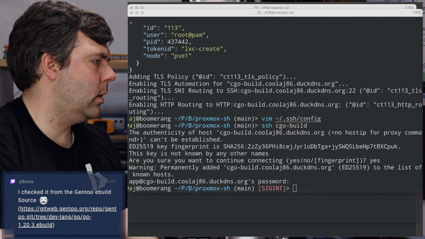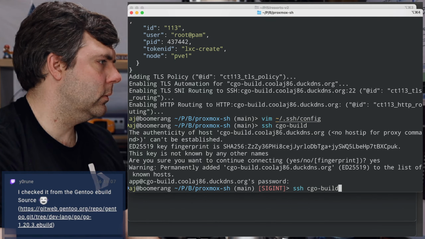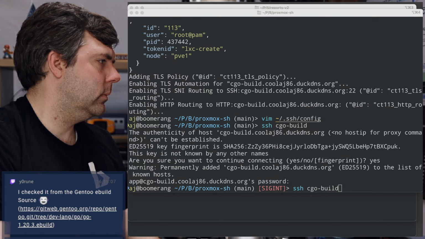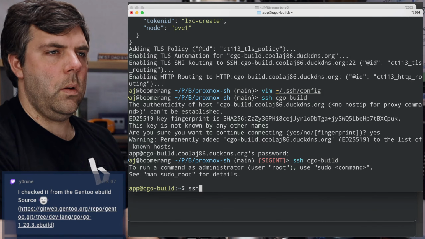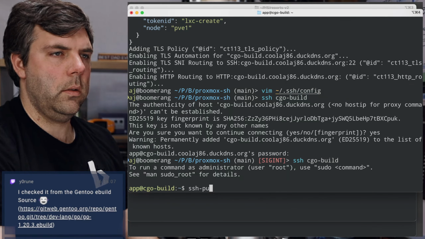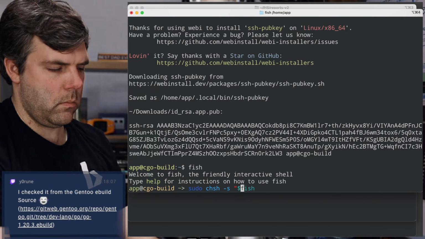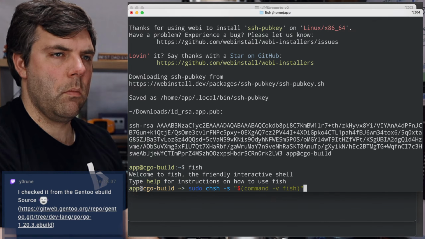Okay, cool. So now I should be able to get in. All right, so there we go with the pub key. Let me get rid of that, actually.